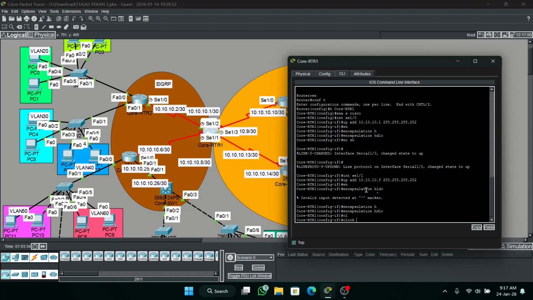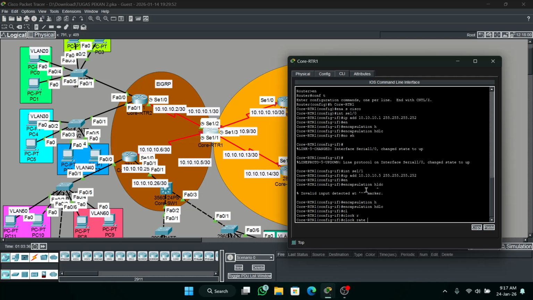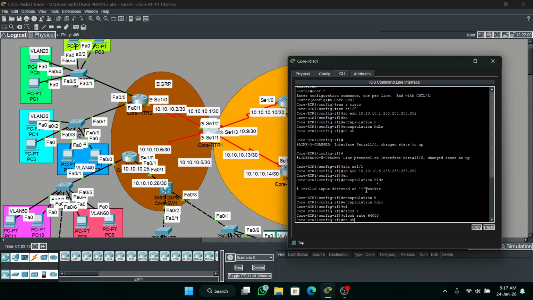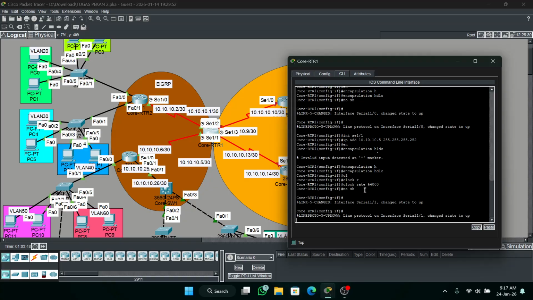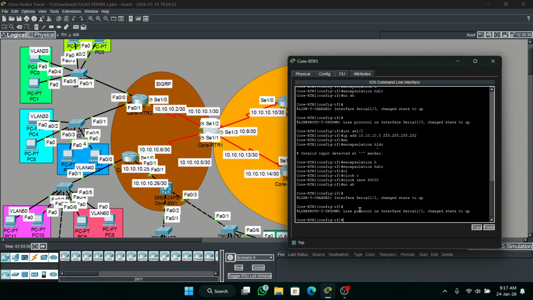Then clock rate 64,000. Then no shutdown. Okay, you can see it changed to state up. The serial port is a little bit different, guys, not like other ports.